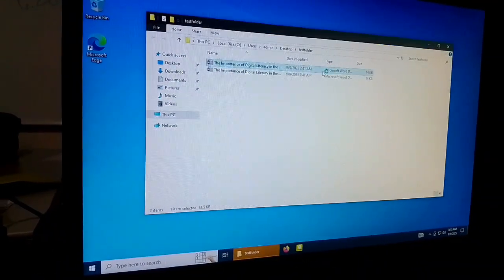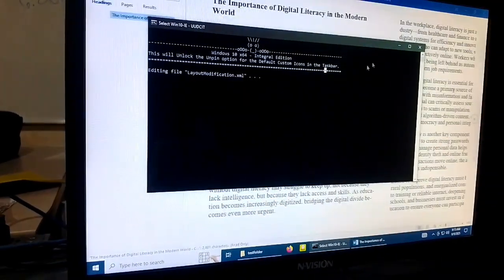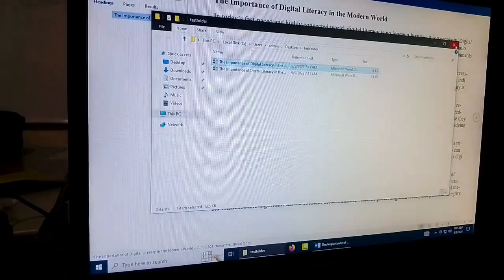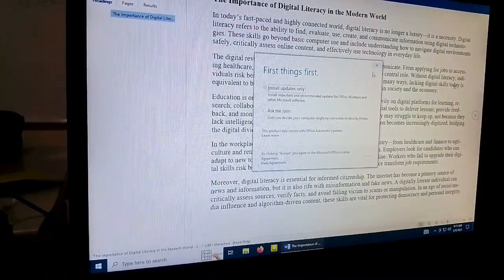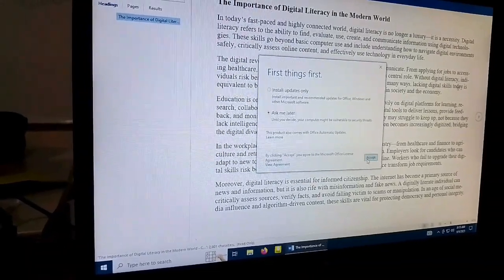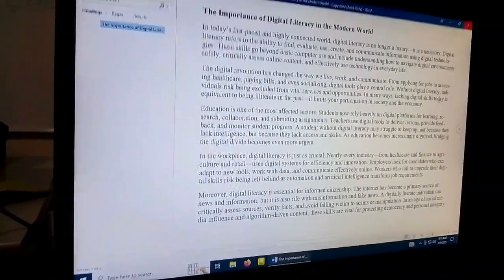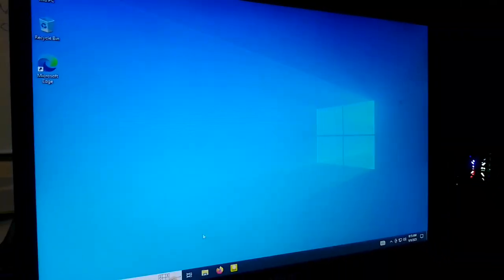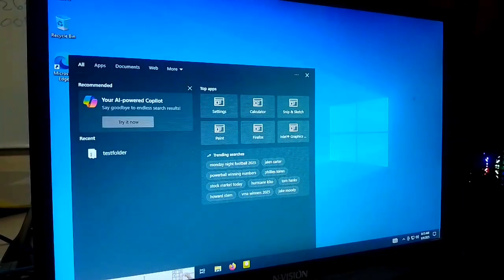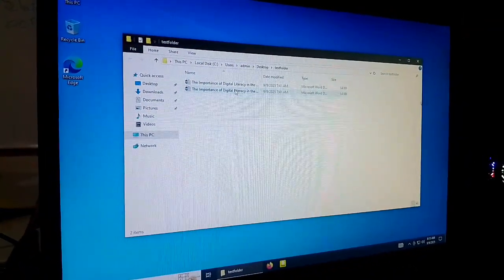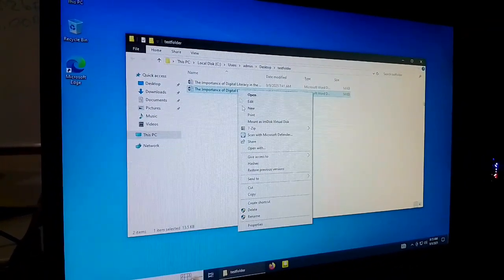Then open the one word file, then close it. Search for the folder again, then try to delete it.